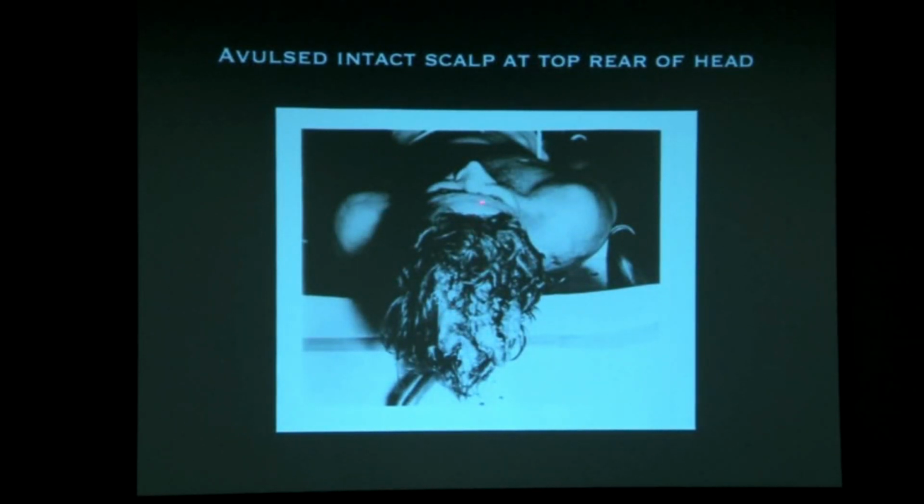It's important to note that the back of his head stops right about here, okay? Because if you look at the lateral view, you can see this metal thing holding his head up, which is resting on. So there's a large expanse of scalp, which is hanging freely from the back of his head. And that's another important point about the Zapruder film, is after the initial explosive wound in the front of the